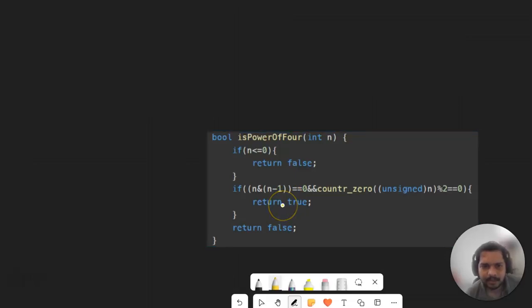Here is the code snippet for this solution. Here you can see n equal to 0 as usual. If it is negative or 0, we return false. This condition ensures we have a positive number, and this countr_zero checks whether there exists an even number of zeros or not. From the right, we check how many zeros are there and whether those zeros are even or not. If it is even, then we return true,